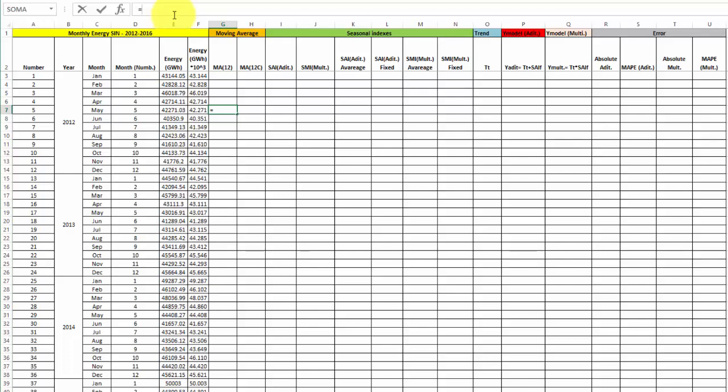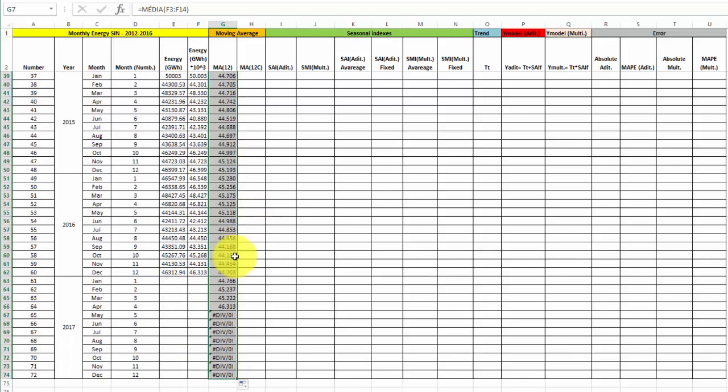So let's start here, and we want to compute the average associated with the first 12 months. We can do this for the whole period of analysis,